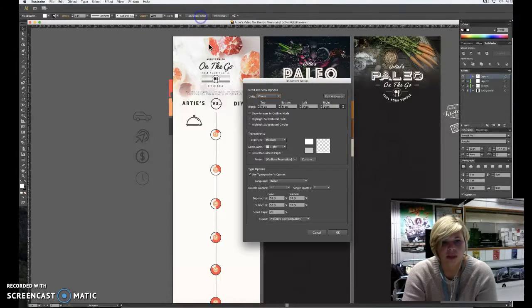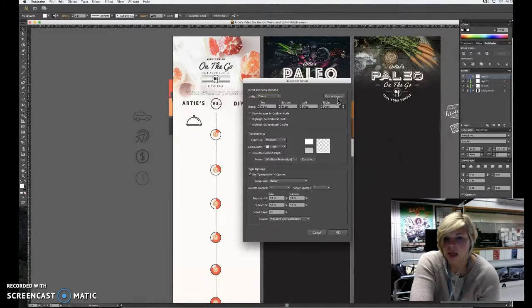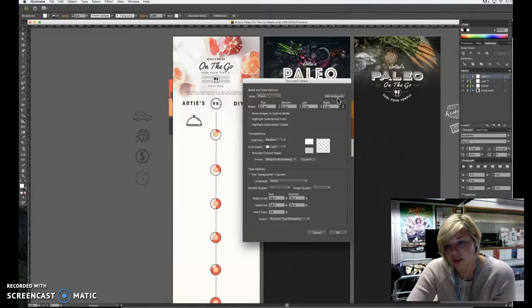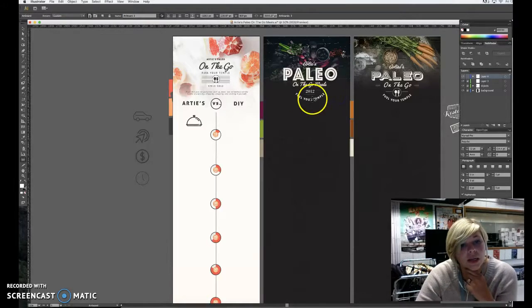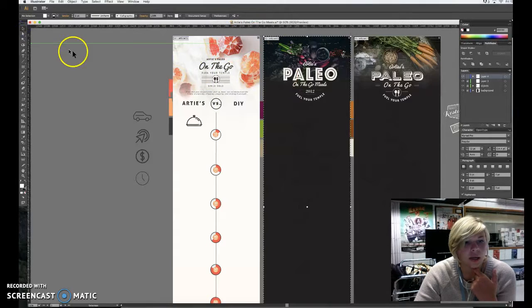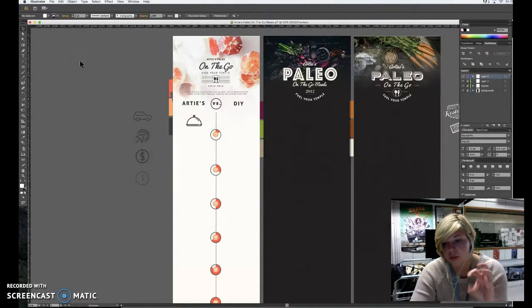And one of them is document setup that we haven't talked about. The first screen when you enter into Illustrator, it prompted you to choose the size of your artboard. But if you get in and you decide, well, maybe I want to do an infographic length, and instead of an A4 size page, you can come in and edit your artboard to change the size of your working space, or do like what I've done here and put multiple artboards next to each other. This is artboard 2, artboard 1. And then to exit out of this, you just click on any of your tools